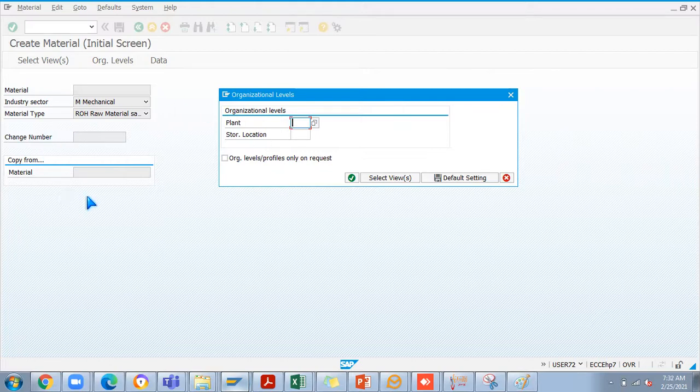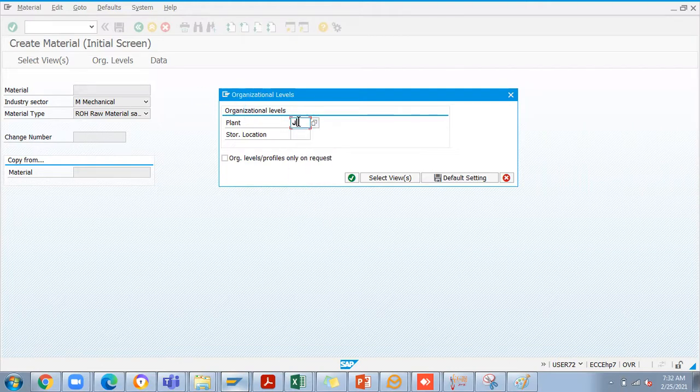Through MM01 you can create materials one by one, and if you want to extend the same material to multiple plants, you can do it with MM01 by referring to the existing material, and it will quickly copy and you can save it. I will show that also, but not today, in the next session.